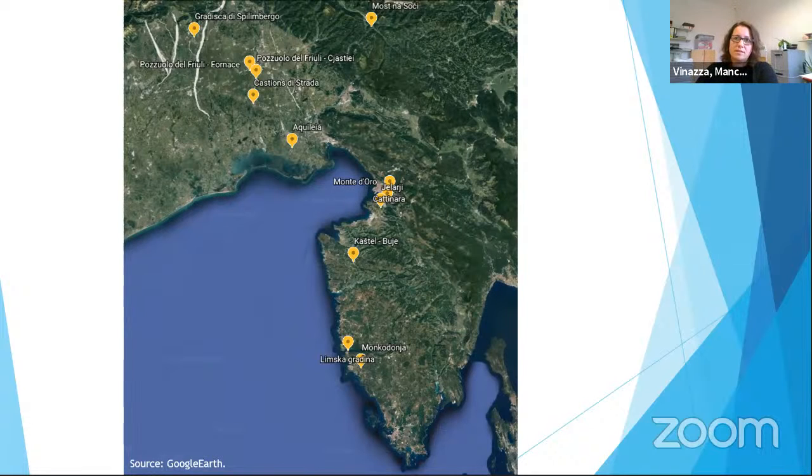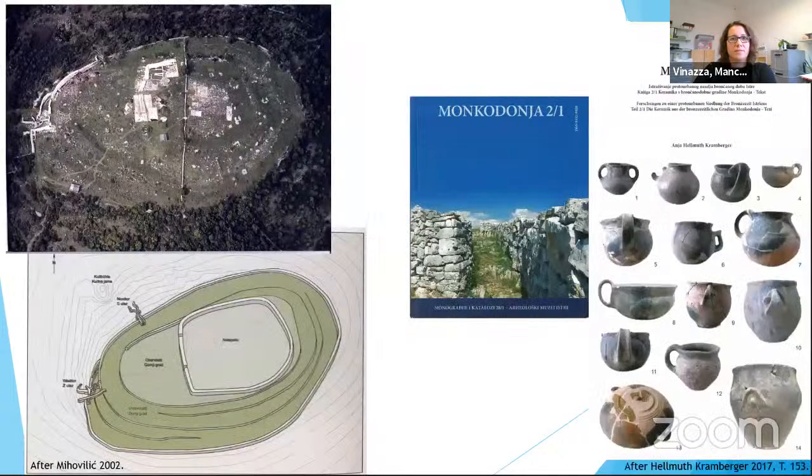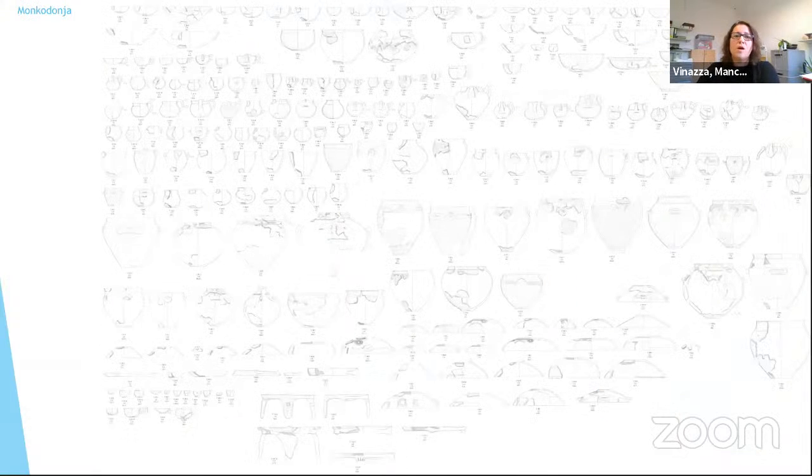We analyzed vessels from the wider Caput Adriae area from 14 settlement sites. First, we chose the hillfort Moncodonia in Istria, which belongs to the early and middle Bronze Age. The pottery from this site was fully published in 2017 by Anja Hellmuth Kramberger. Technologically, the ceramic is quite uniform. A total of